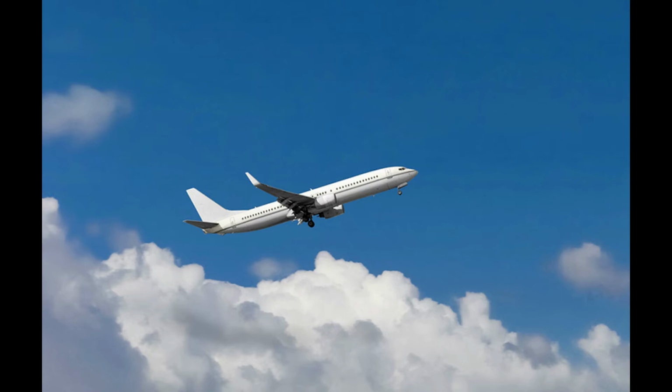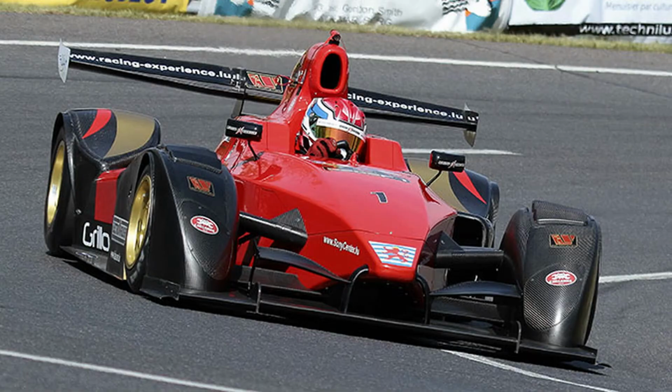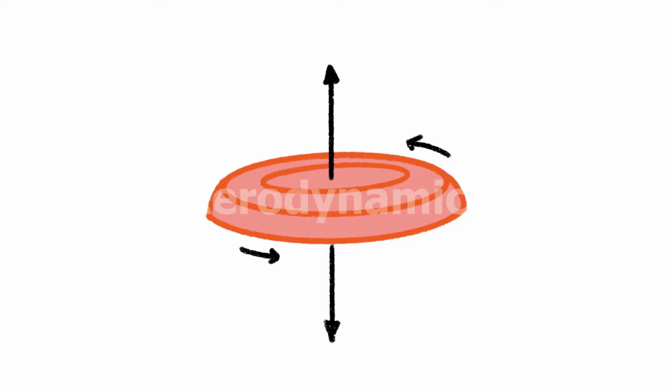Have you ever wondered how planes fly? Why are sports cars designed with fancy spoilers on the back? It all comes down to the science of aerodynamics, and the physics behind it all can be explained with a